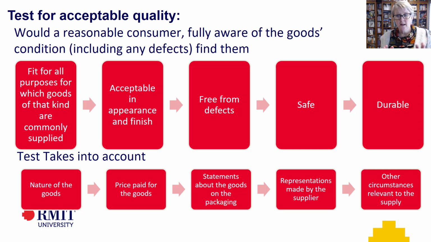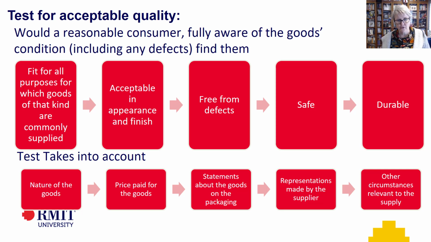of acceptable quality. Section 54.2 provides that the goods are of acceptable quality when a reasonable consumer would regard them as being fit for all the purposes for which goods of that kind are commonly supplied, acceptable in materials and finish, free from defects, safe and durable. And it's important to note that the ACCC has responsibility for product liability and product safety across its portfolio of responsibilities. And when deciding whether goods have the qualities, a reasonable consumer needs to have regard to the nature and